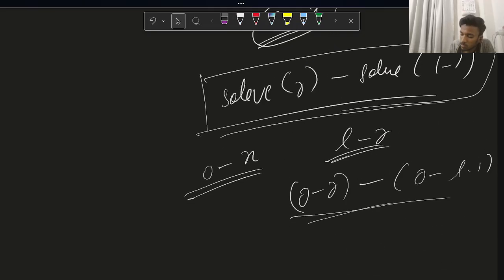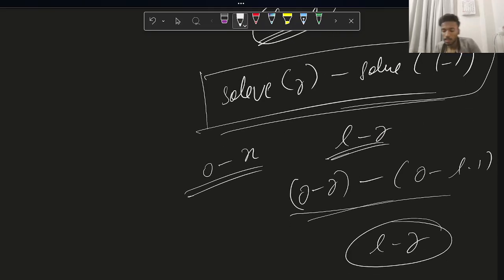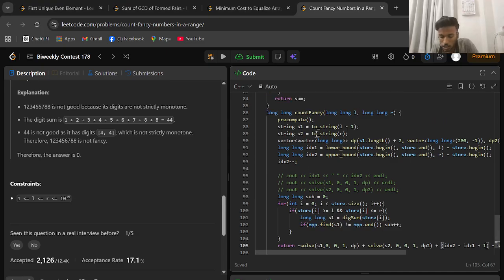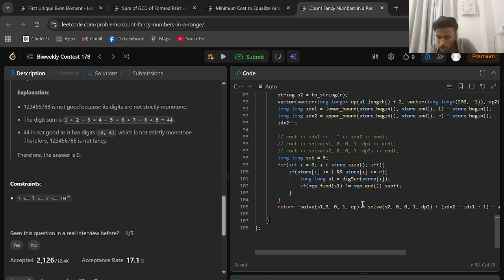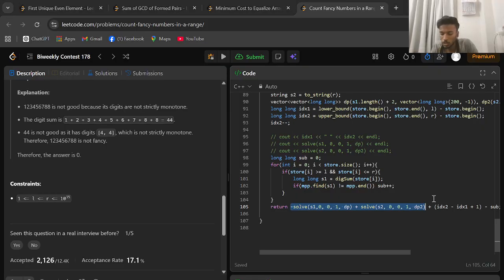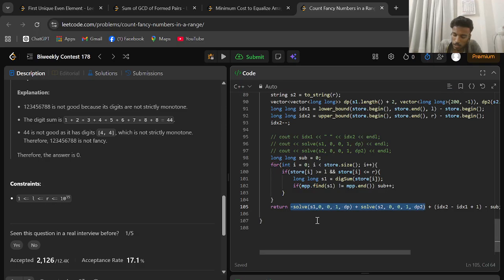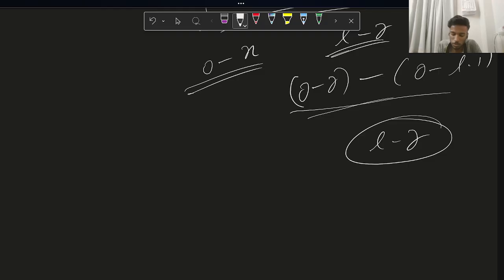So this gives you the answer for L till R. That is why, see, S2 is the string for R, and S1 is the string for L minus 1. So I am doing a plus of S2 and minus of S1, like plus of R and minus of L minus 1. This highlighted part is giving you the answer for L to R, like the number of integers